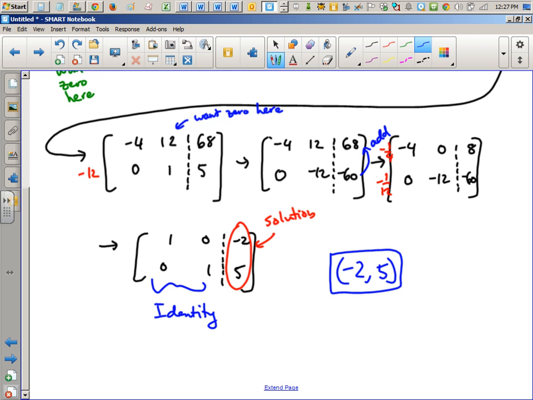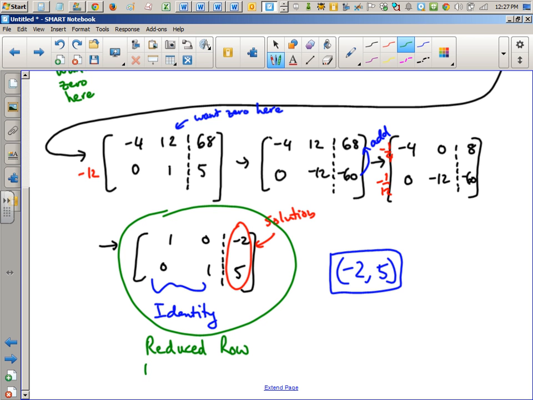Now you might say, Mr. Shore, that's pretty neat, but that was a lot of work. Well, this might be your faster method in 3 dimensions. Once you have this all done, this is called reduced